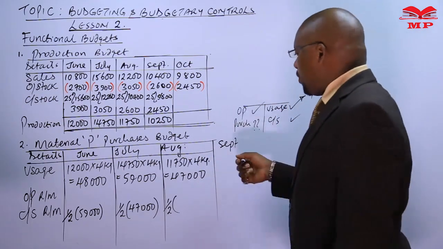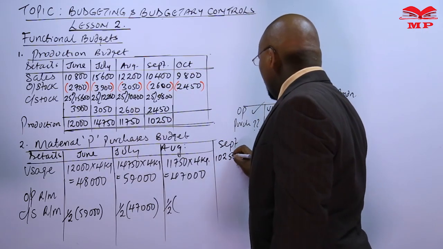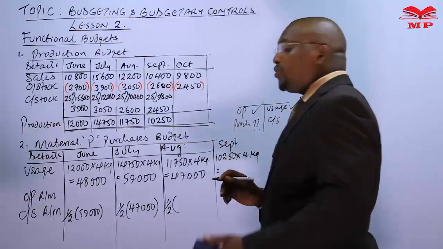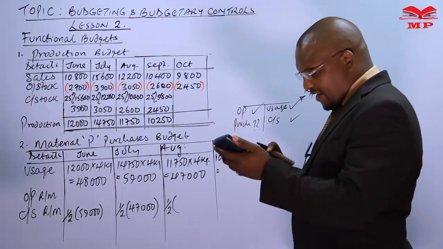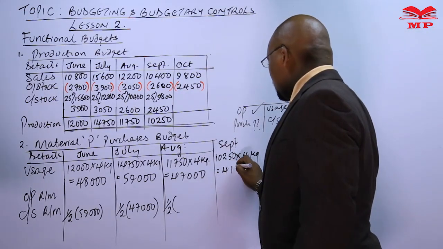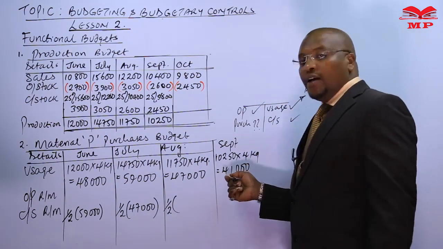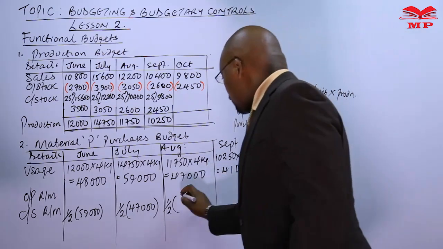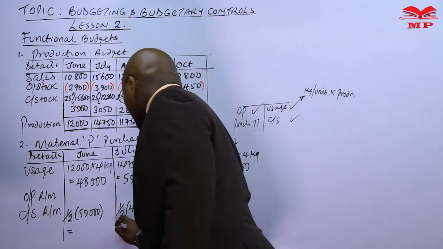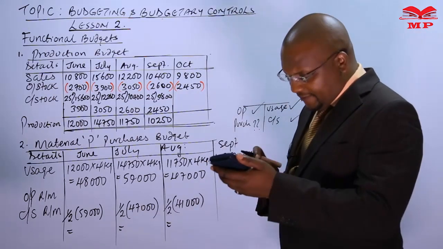If you don't know what we require in September, it is 10,250 units, and each unit is 4 kgs. So this means we require how many kgs? This is 10,250 multiplied by 4. This is actually 41,000 kgs. So we must maintain half of this 41 in August. So half of 41,000 in August. That means we can now have our closing stock, which is 59 divided by